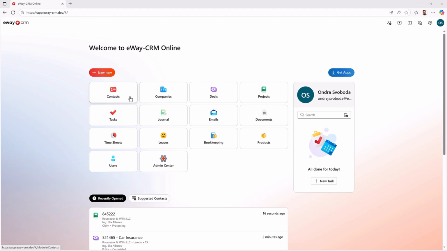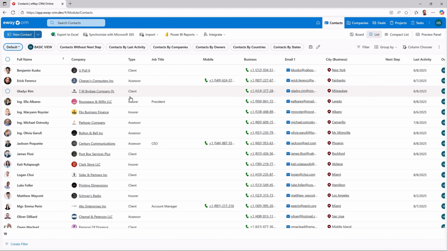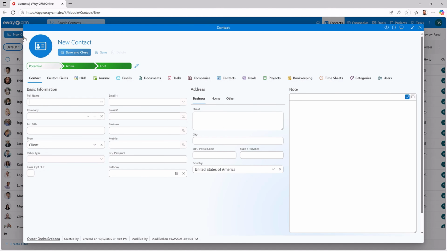Let's start with the Contacts module. In this sample database, I have created several example contacts of different types. When we open a new contact card, in addition to the standard fields from the usual form, we now have a type field, where we can choose between the three types of contacts you can work with: client, insurer, and